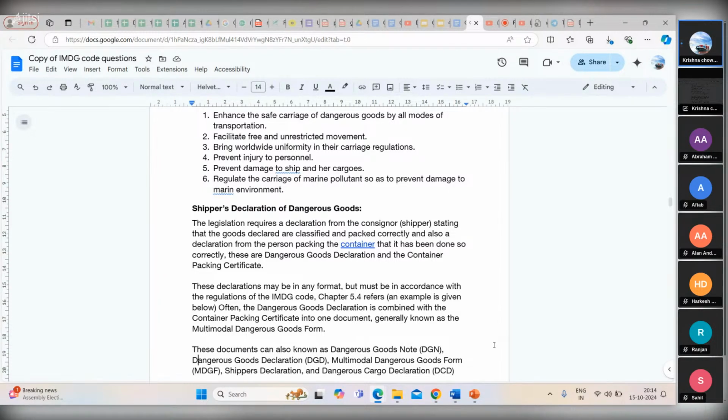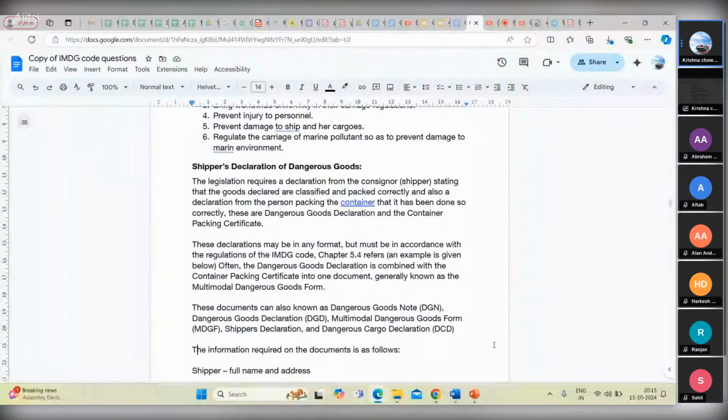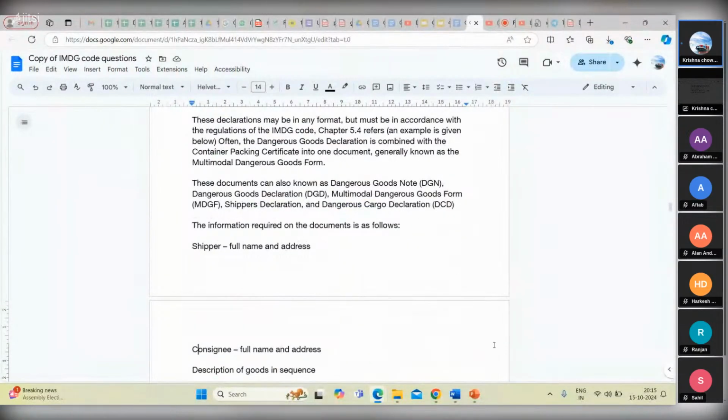Often the dangerous goods declaration is combined with the container packing certificate into one document, generally known as the multimodal dangerous goods form. So this dangerous goods declaration is combined with the container packing certificate, and it is known as the multimodal dangerous goods form. These documents can also be known as dangerous goods note, dangerous goods declaration, multimodal dangerous goods form, shipper declaration, and dangerous cargo declaration. Why? Because